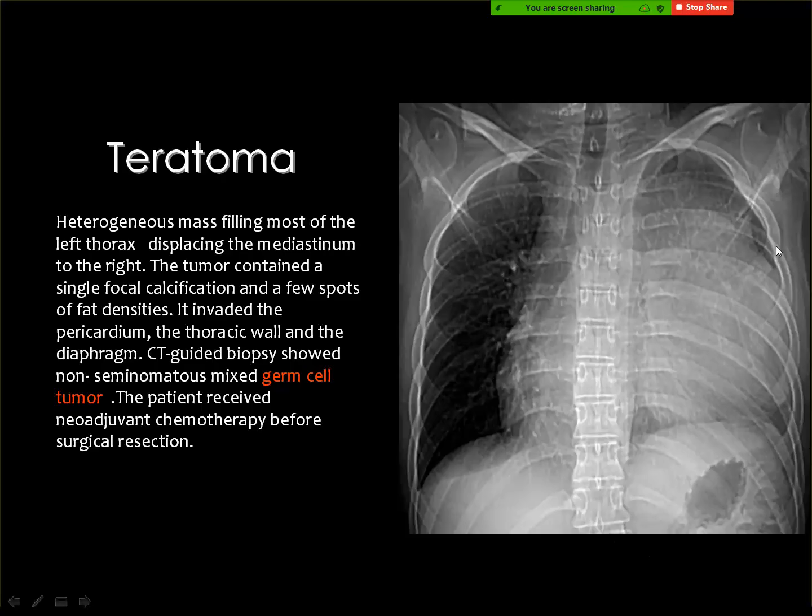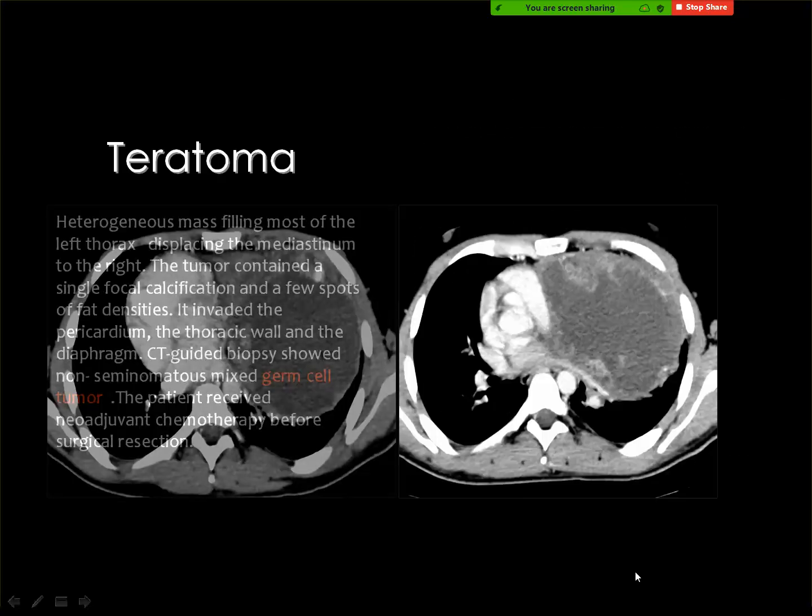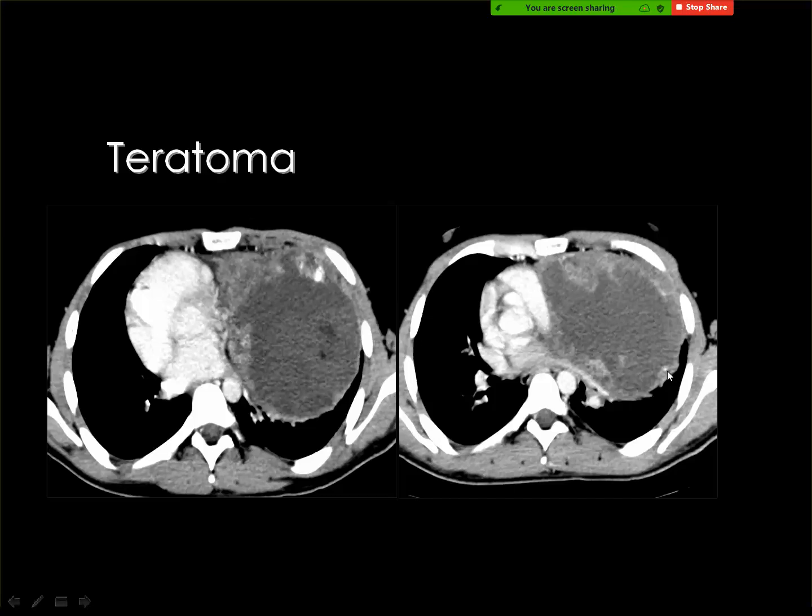And in the chest X-ray, you cannot say for sure that this is a mediastinal mass, but if you look carefully here and you see the mass is in contact with the mediastinum, compressing and displacing the heart, contains some foci of fat together with calcification and the fluid densities, then you reach the